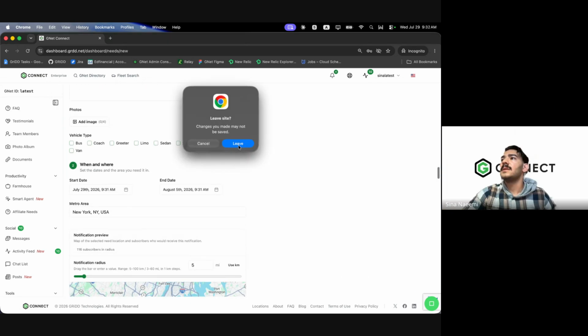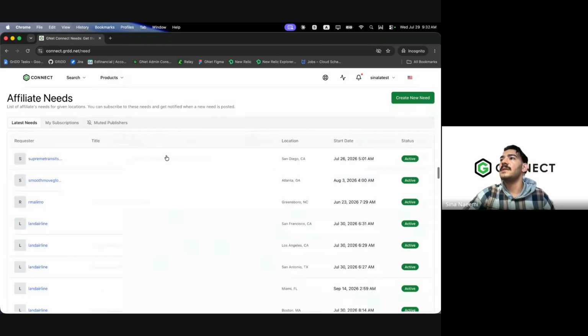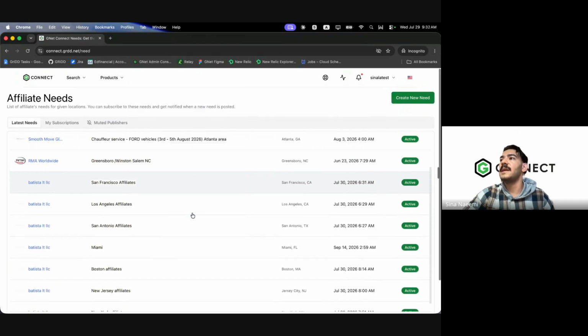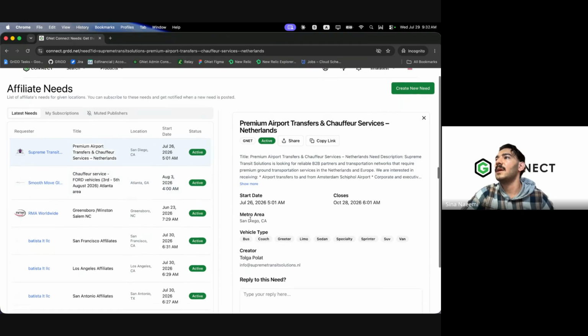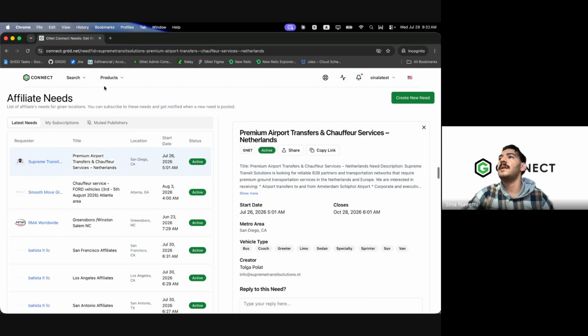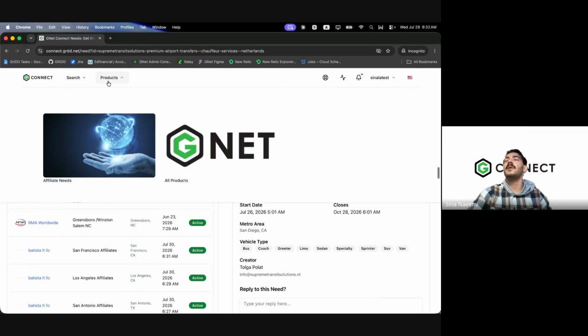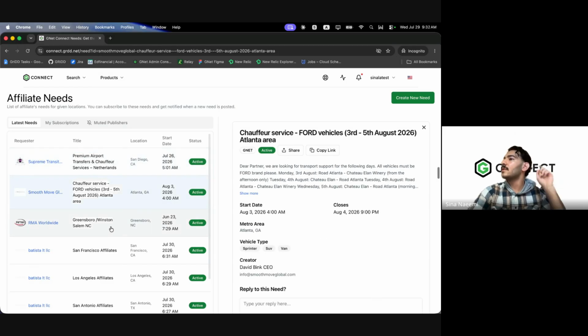Sina, can you show some active live needs? Yes. Let's go to the products, affiliate needs. These are some of the active needs that people have posted. This is an example of it. Yeah. So you can come here, and if you're already set up to receive notifications in your service area, you can always come here and check the needs out. If it's something that you or your partner can